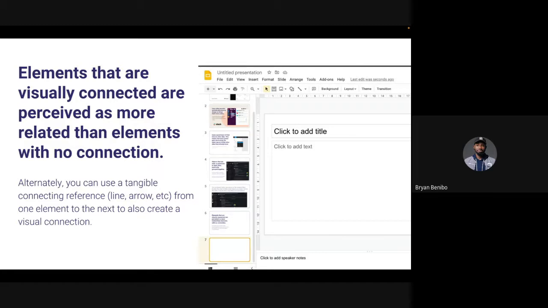So from your proximity to your hierarchy, right? From your hierarchy, you figure out the most important things that your users need to do, the most important actions. You say, okay, for these actions, my users will be performing them all the time. Therefore, let me put them on the left-hand side. And when I put them on the left-hand side, I should be able to do what? To create connecting reference. I should be able to create enough white space. I should be able to do what?